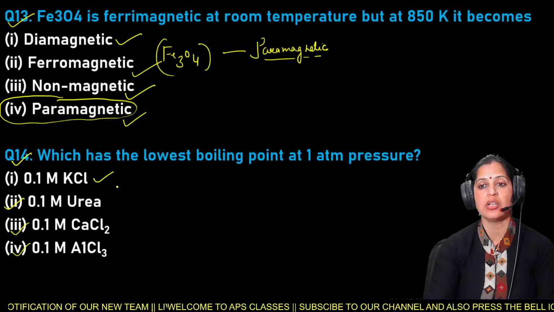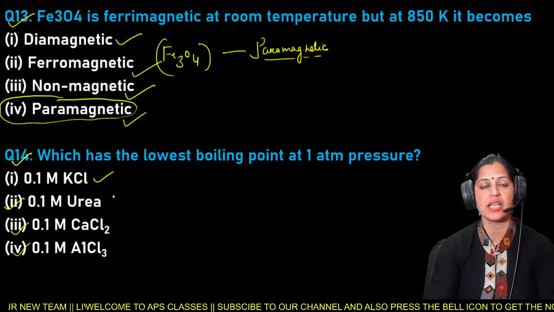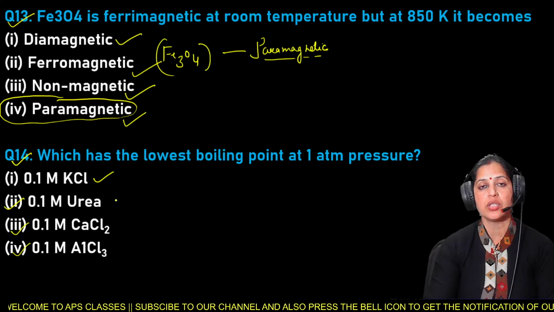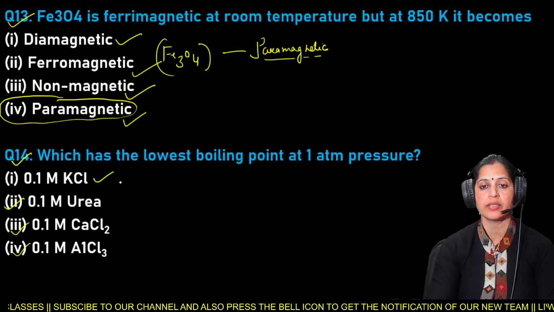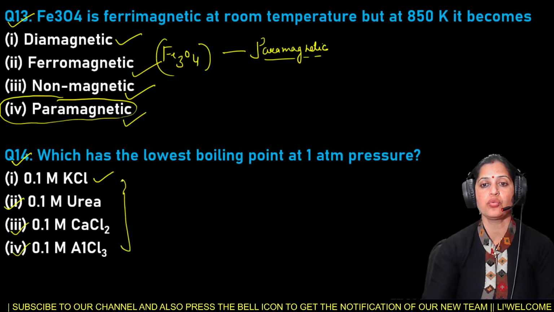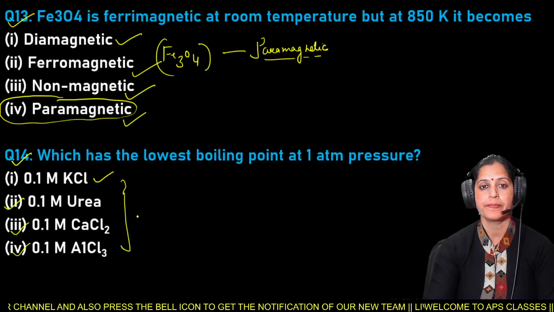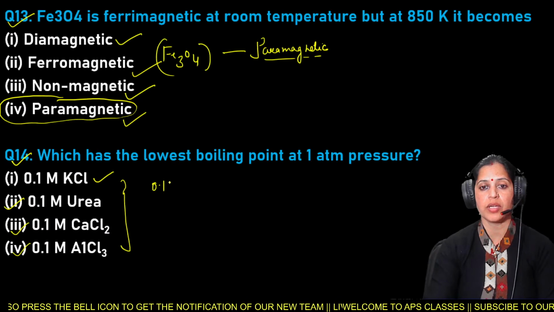So you have to choose the lowest boiling point at 1 atmospheric pressure. That is 0.1 mole